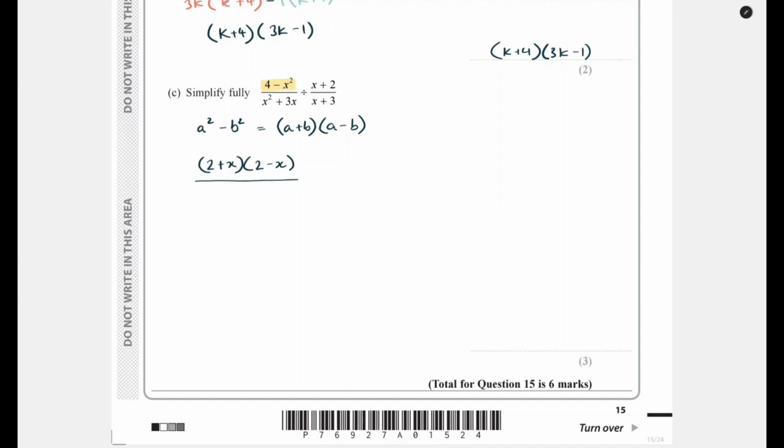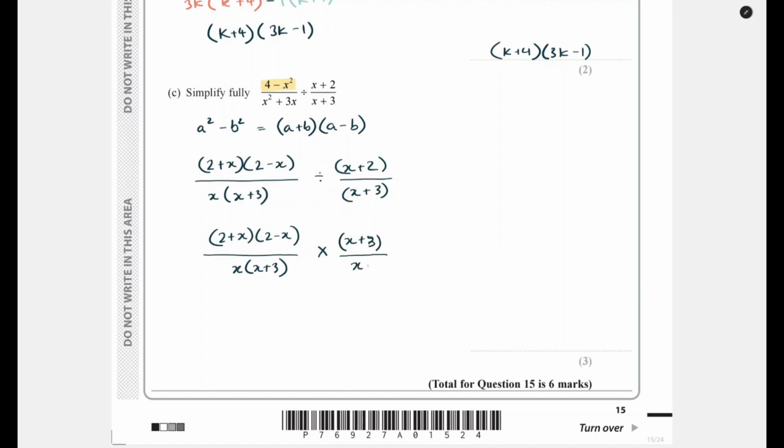The denominator can be factored with x outside the brackets, x times (x plus 3). And that's divided by (x plus 2) over (x plus 3). Now we know from our rules of dividing fractions that we keep the first the same, we change the sign, and we flip the second. So if we keep our first one the same, that's (2 plus x)(2 minus x) over x(x plus 3). Change the sign, so it becomes multiplication, and we flip the second fraction, that's (x plus 3)